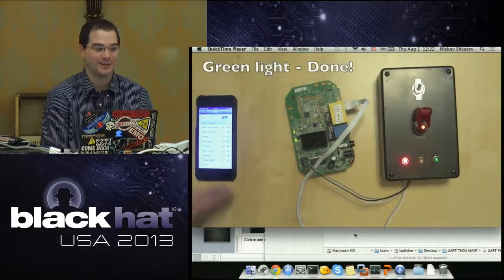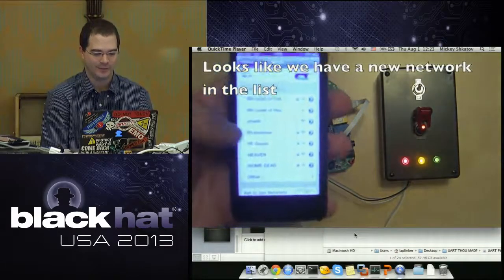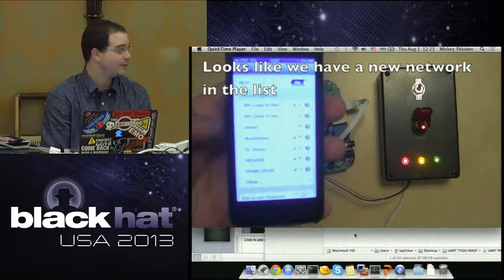As you can see, the lights are blinking on the router. It means it's doing something, and we have a new network showing up. It's really blurry, so you're going to see it in a second.